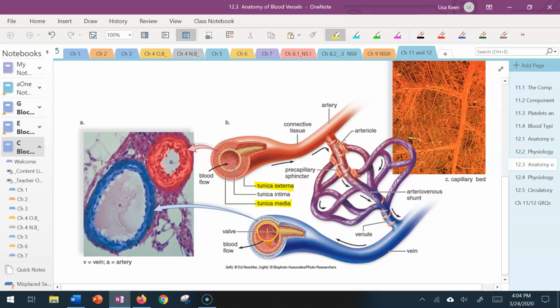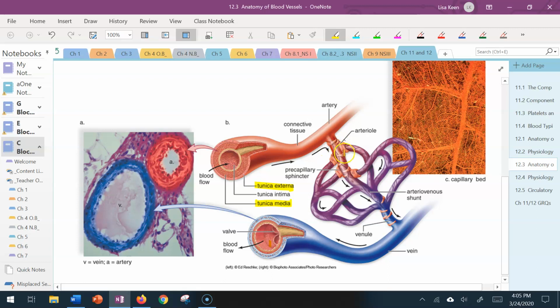So there are valves that are found in veins, and those valves keep blood, especially in the bottom half of your body, from going back down into your feet. So every time you move, these veins are embedded in your muscles, and your muscles will squeeze the blood back up to the heart against the pull of gravity. And if you stop moving, that valve will catch that blood in that particular area of the vein and keep it from going back down into your feet. And so if you have a failure of the valve, that's a varicose vein. So if you've ever seen spider veins in somebody's legs,